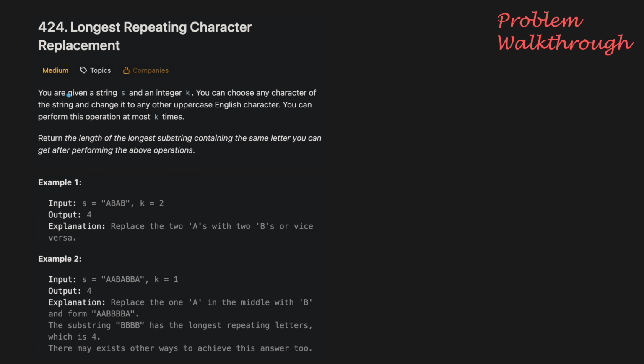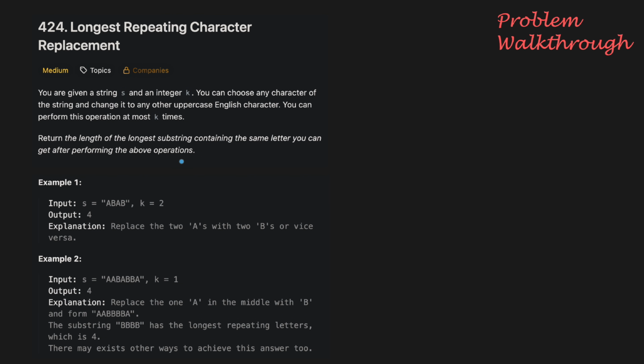Now to the problem. In this problem, we are given a string S consisting of uppercase English letters and an integer k, and we can choose any character of the string and change it to any other uppercase English letter, and we can perform this operation at most k times. Then our task is to determine the length of the longest substring containing the same letter we can get after